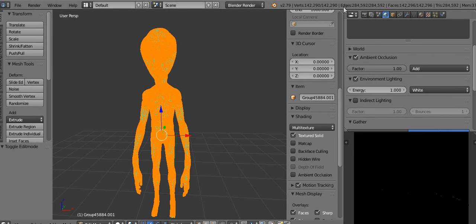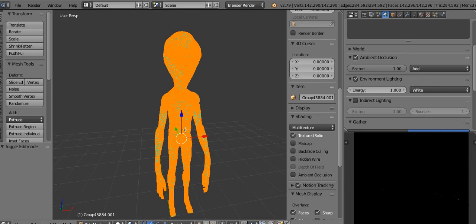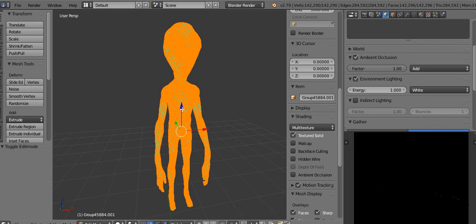For Second Life, we cannot upload any model with more than 65,000 vertices or edges or faces or polygons. I don't know how to call this. Okay, so in this case, first of all, we are uploading the figure only,